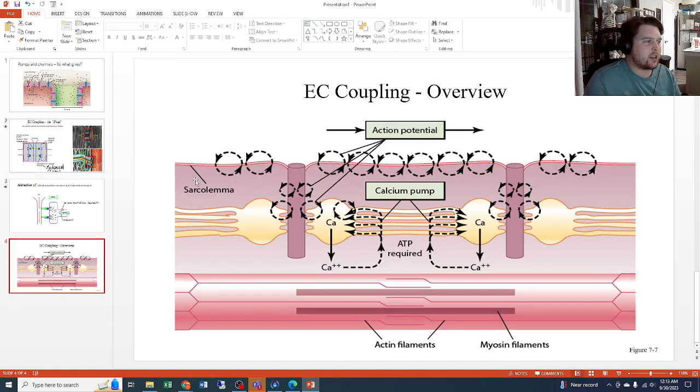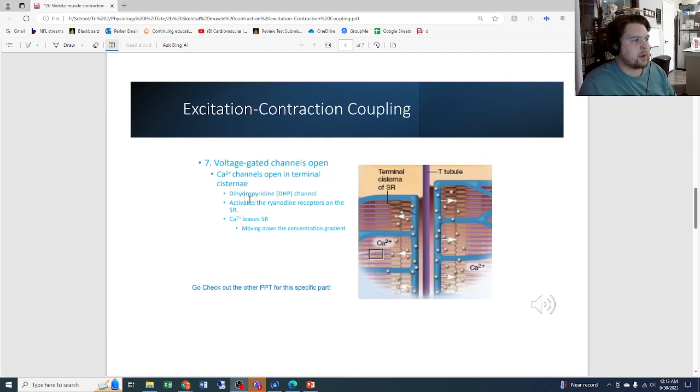You can kind of see, this is another picture just showing this, where at the sarcolemma we have the action potential going across all of this, and it goes down into the T-tubule. We have that interaction here, the calcium flows and comes back in, and that's where we need that ATP. So the calcium is released by the DHP and the ryanodine channels,